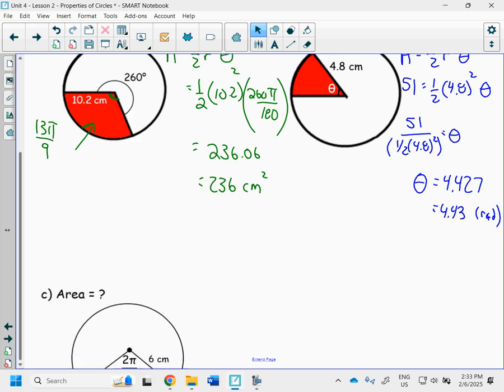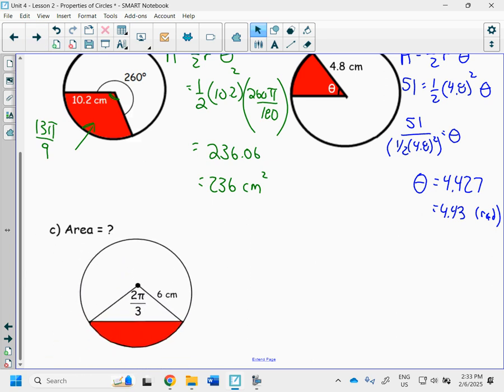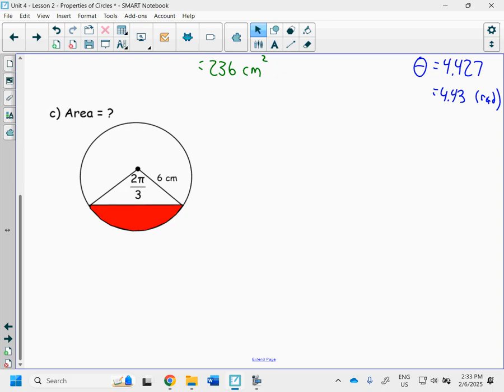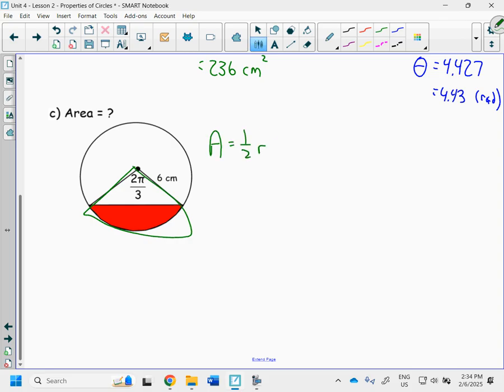Okay, those are sectors. Let's talk about segments. I have a chord and my arc, and obviously here's a chord, here's the arc. I want the part in between that. Well, to do that, as I said a second ago, you actually have to find a sector first. You have to think of this as, well, let's find this entire piece of pie. So my sector is 1/2 r squared theta. r is 6. Theta is already in radians, which is kind of nice. And if you do that, you should get